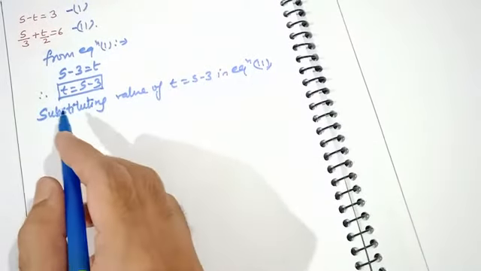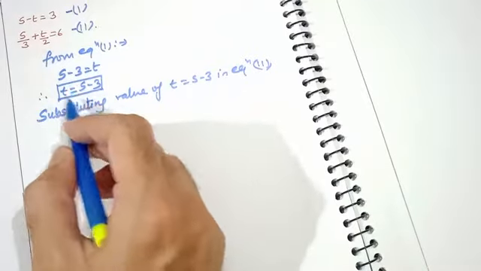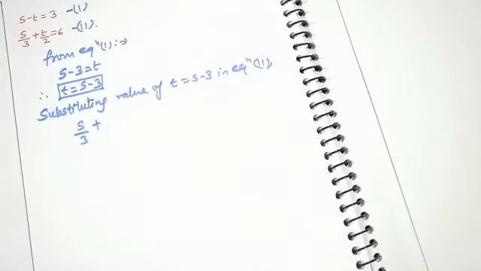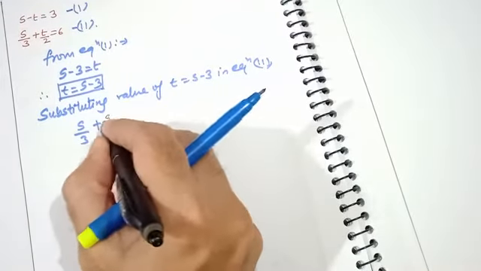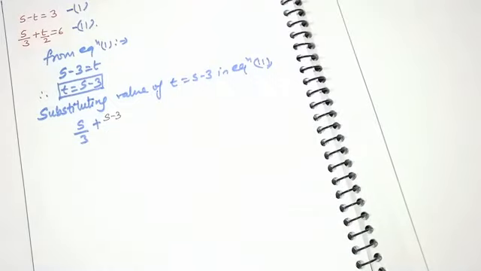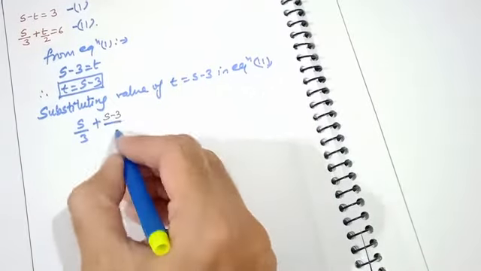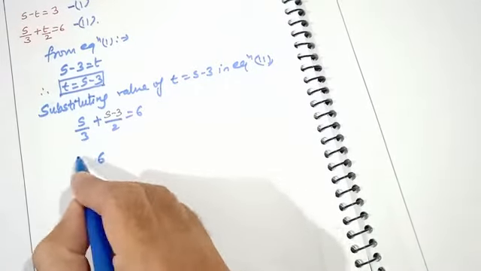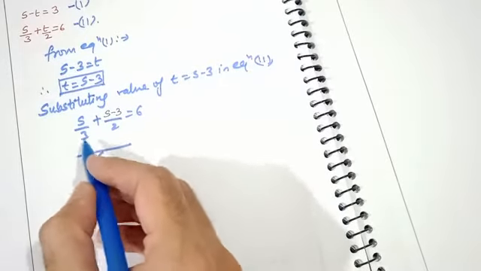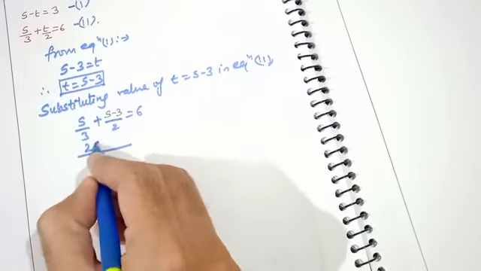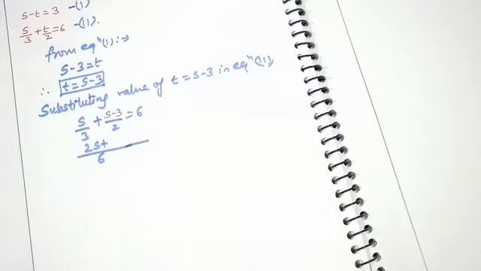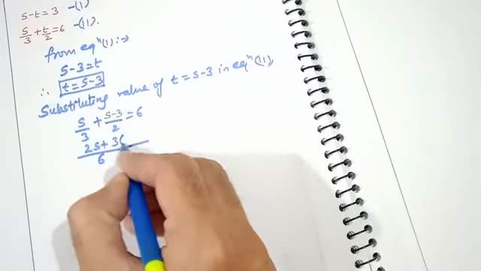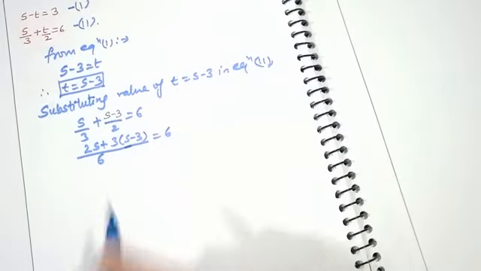So what will we get? Now you can see here, s upon 3 we will write as it is. Now instead of t what will we write, students? We will write s minus 3. So instead of t we write s minus 3 upon 2 equals 6. Clear? So we will take the LCM. When we take the LCM, the LCM will be 6. So what will be multiplied with s? 2 will be multiplied. I hope you know LCM well. Similarly, what will be multiplied with s minus 3? 3 will be multiplied, so it becomes 3 into s minus 3 equals 6.